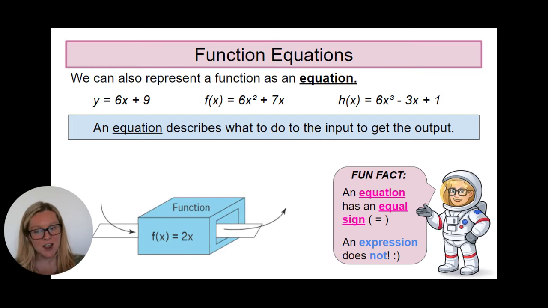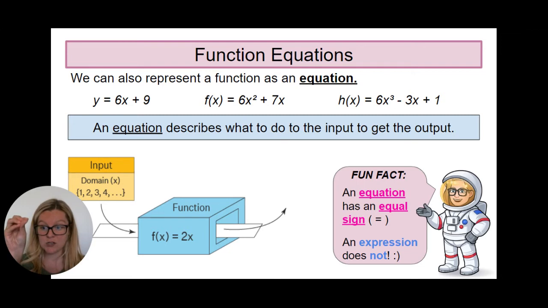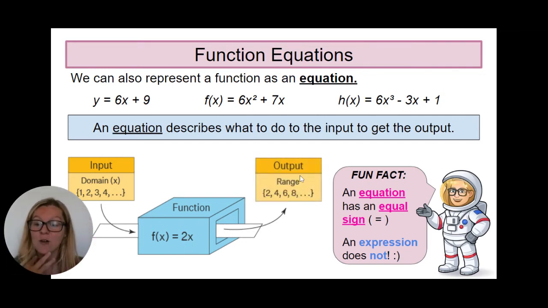Okay, so here is kind of like a little function bot, if you will. So we have a function, f of x is equal to 2x. That's our function. We are going to take the input, so remember those are the x values. We're going to put it in our function machine, and that function is going to apply the 2x, and the output is going to be all of the y values that are produced from multiplying all of the x values by 2. So think about that. You're taking your x, you're putting it into the function. The function tells you what to do to that x, in this case, multiply by 2, and then our output is whatever number that totals to.